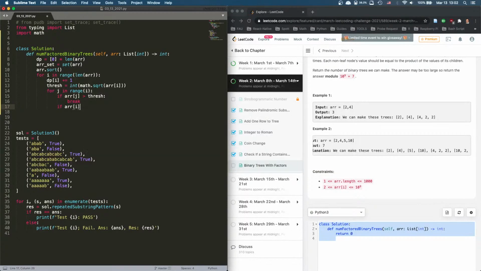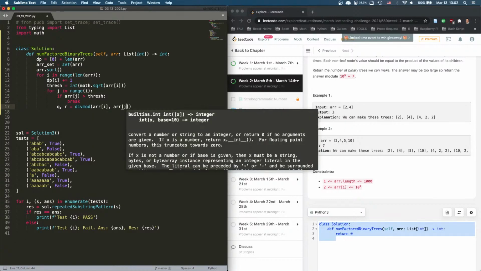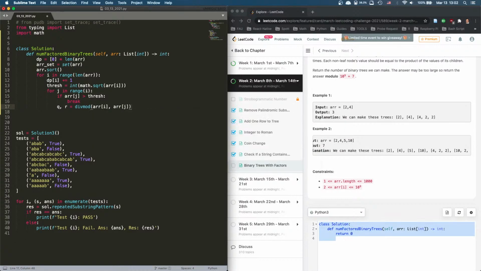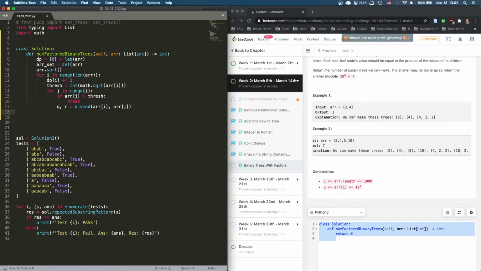If array[i] divided by array[j], let's say quotient and remainder with divmod, array[i] divided by array[j], right? Now, if r is 0 and q is in array set,